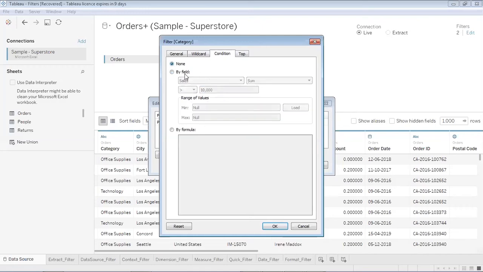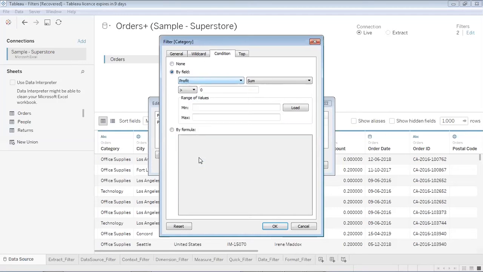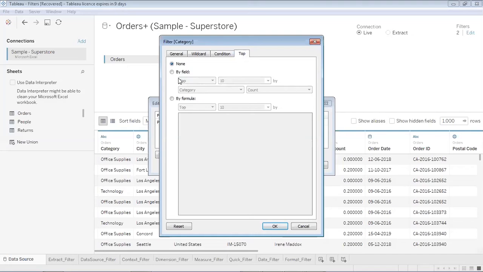But if I would like to apply some other condition, maybe apart from having positive profit, if I would also like to see profits which are greater than say $1,000, I can definitely apply that. But since the condition which I have applied already would supersede, I can apply only one condition at a time for this field category. So I would reset that. The condition in the already existing filter, if I am using this condition as well, they are superseding, so the value is not coming for me.